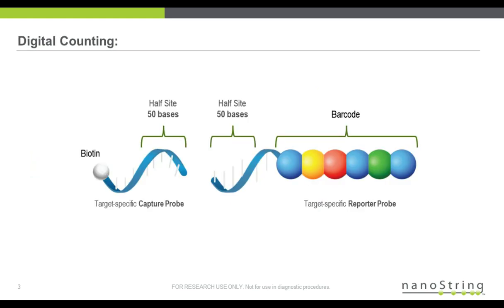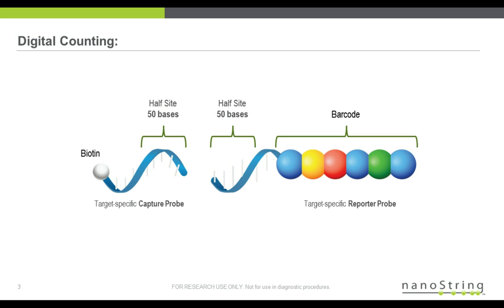We make measurements using something called single molecule optical barcode counting. It sounds like a mouthful, but it's relatively straightforward to understand. What you can see on the screen is a whole series of things that look like balls. There are actually 6 of them there, and each ball can be one of 4 colors. The key to a nanostring, and that's the nanostring in our name, is that the pattern of colors represents the actual analyte of interest that you're going to be measuring.